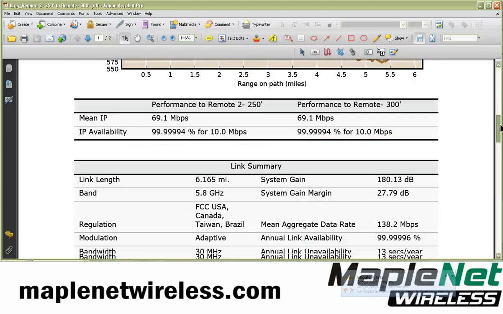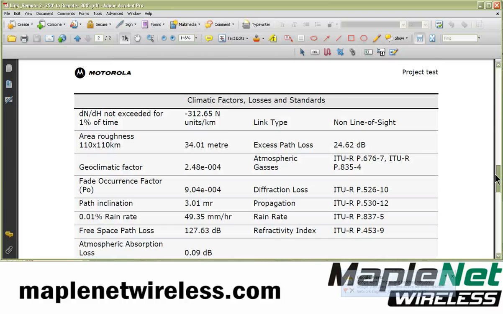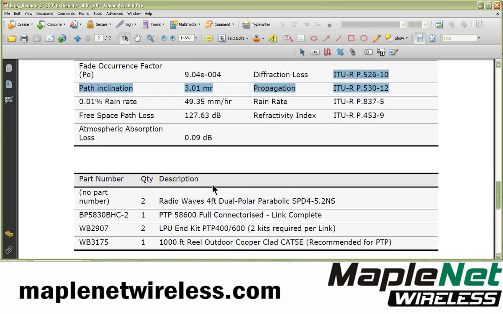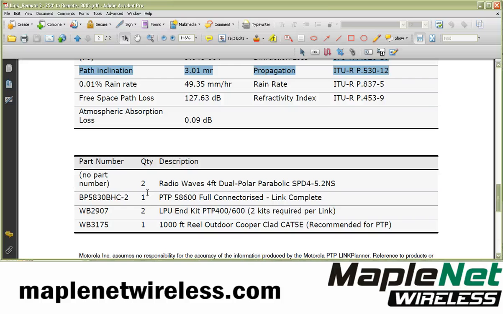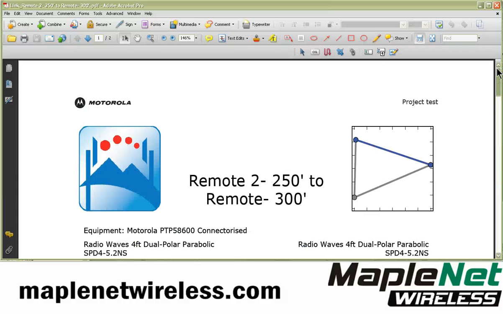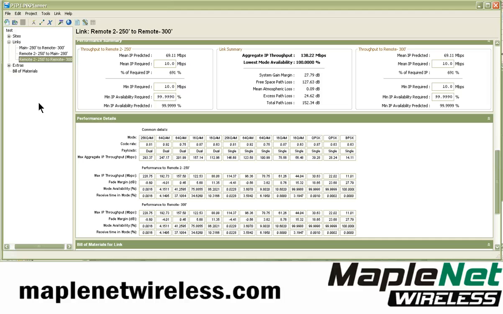So we have our report here, very well organized. It gives us our geoclimatic factor and how the ITU standards are used for each propagation characteristic. And then it gives us our basic bill of materials with part numbers when available. So we can export a PDF file for proposal purposes, or we can also, if you wanted